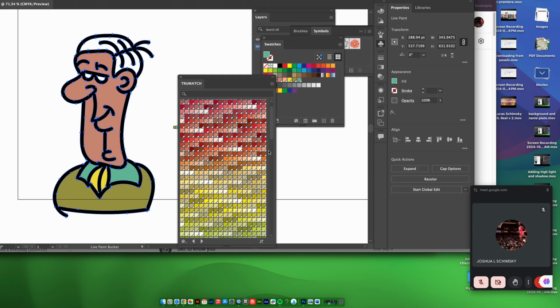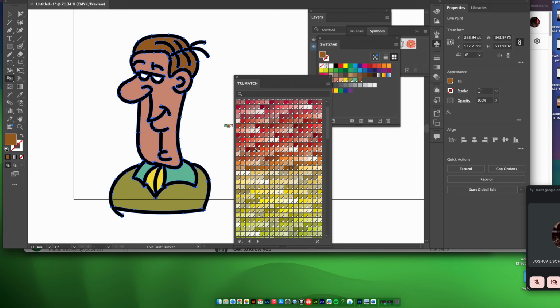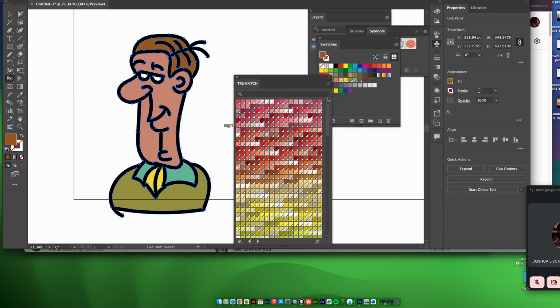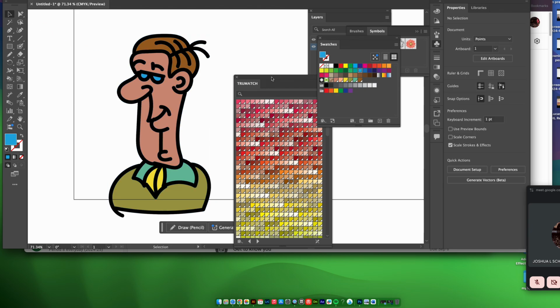So I'm going to fill these in real quick with just some colors so we have something. Okay, and the eyeballs I sort of forgot about, but I'll just use black for now, I guess. Which looks a little weird. But you know what? How about blue? Alright, that's better. So I left out the eyeballs. I can add those later. Okay, so